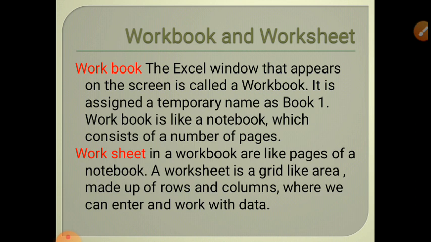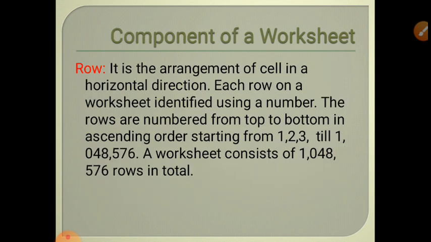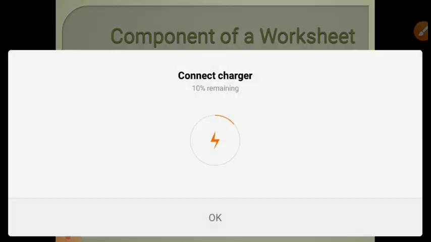Those pages are called worksheets. Worksheets in a workbook are like the pages of a notebook. A worksheet is a grid-like area made up of rows and columns, where we can enter the data and work with data. Now, the components of a worksheet: when we start working in worksheets, there are different components. First one is